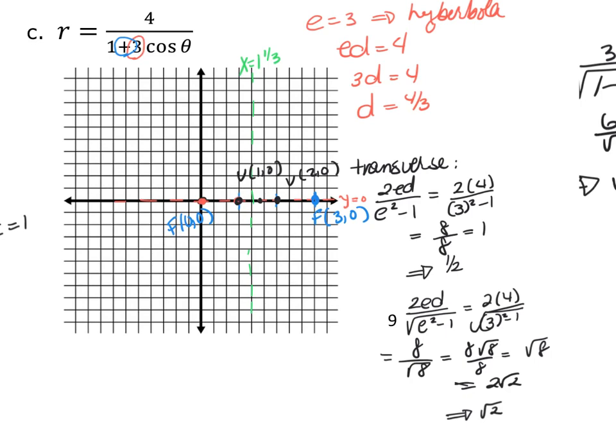So about 1.4. Here is 1. Here is 2. So about 1.4 is probably about right there. And then the same thing in the other direction. So here is 1. Here is 2. So about 1.4 is about there. This is what my box looks like,